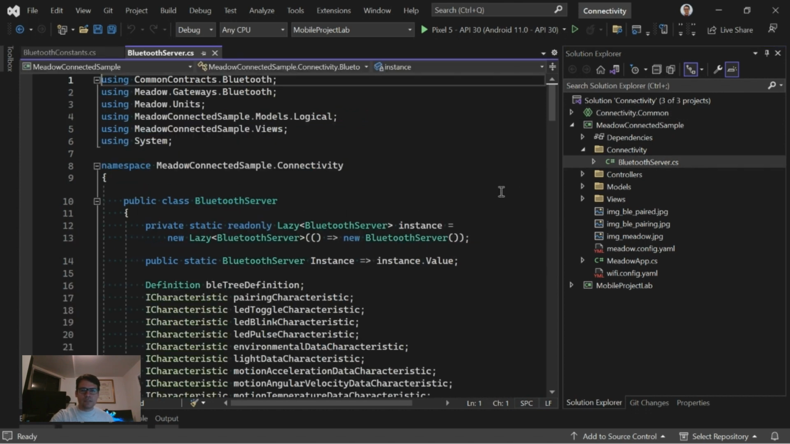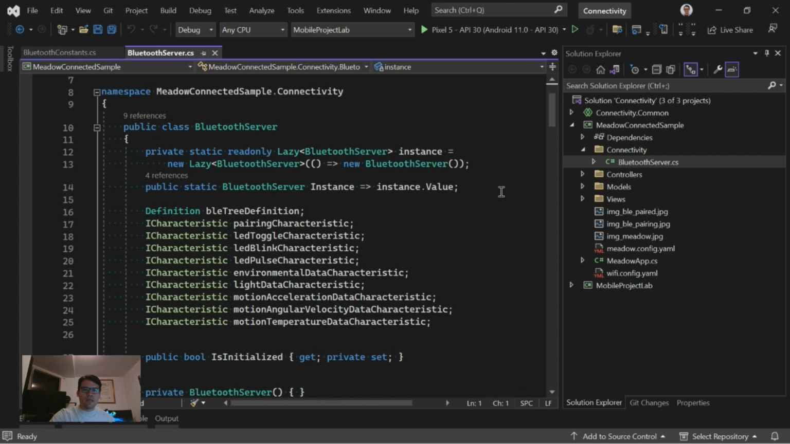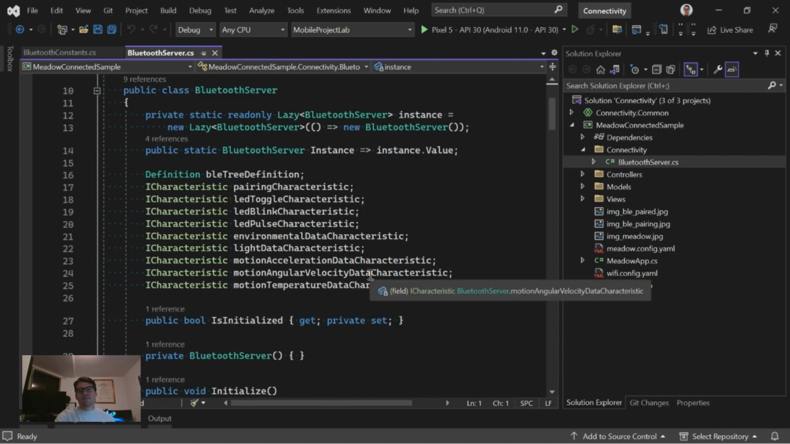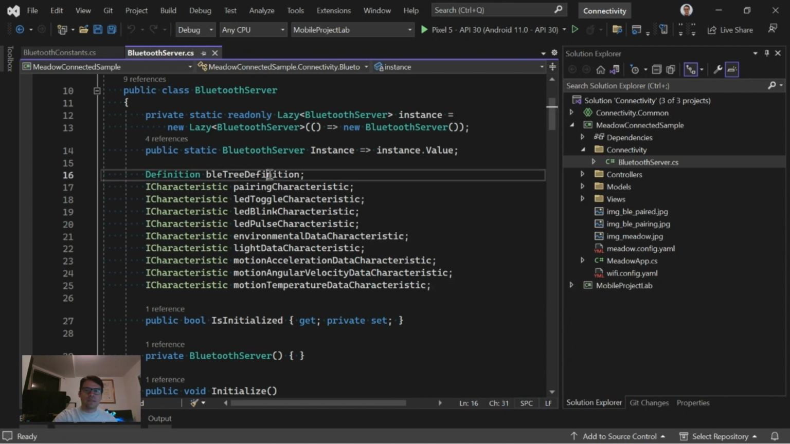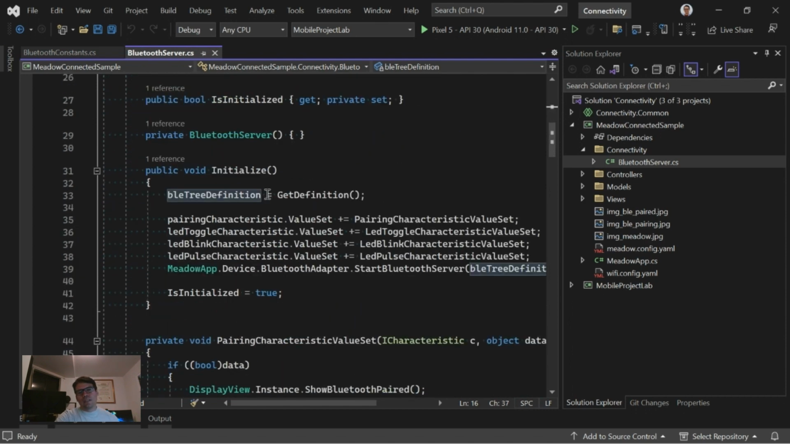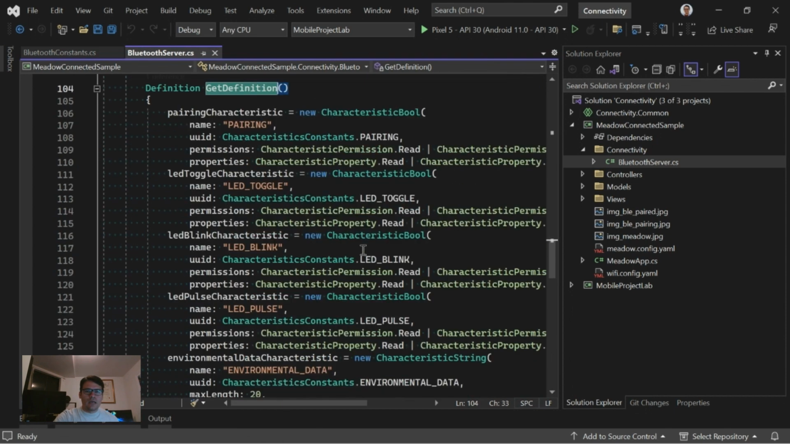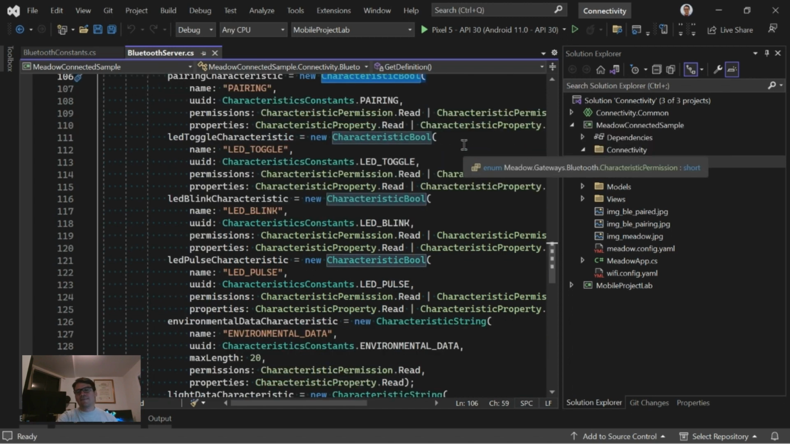which I think is the most interesting part in this demo, notice that we are defining characteristics here that will help us build the tree definition that we talked about. So we have defined here the BLE tree definition. In the initialize method, we're doing the get definition. If we go here real quick, notice we're going through each characteristic for the LEDs and all the sensors, and we're creating objects for these depending on what data type